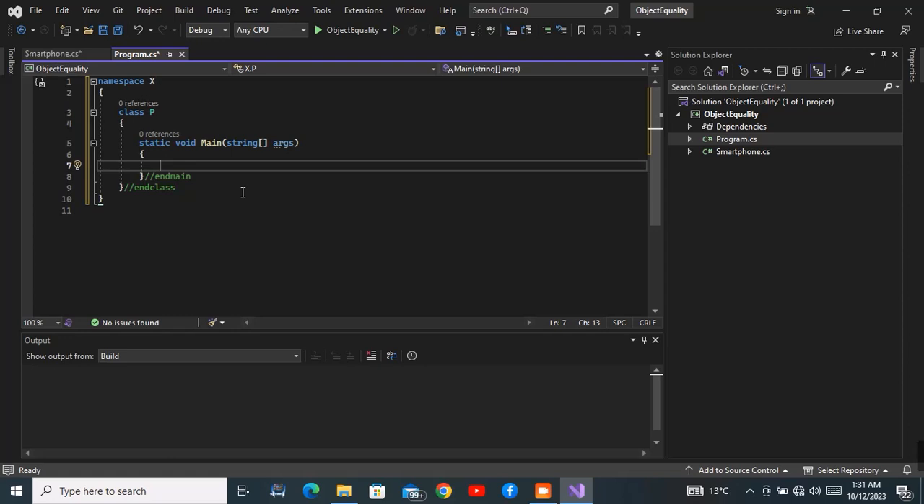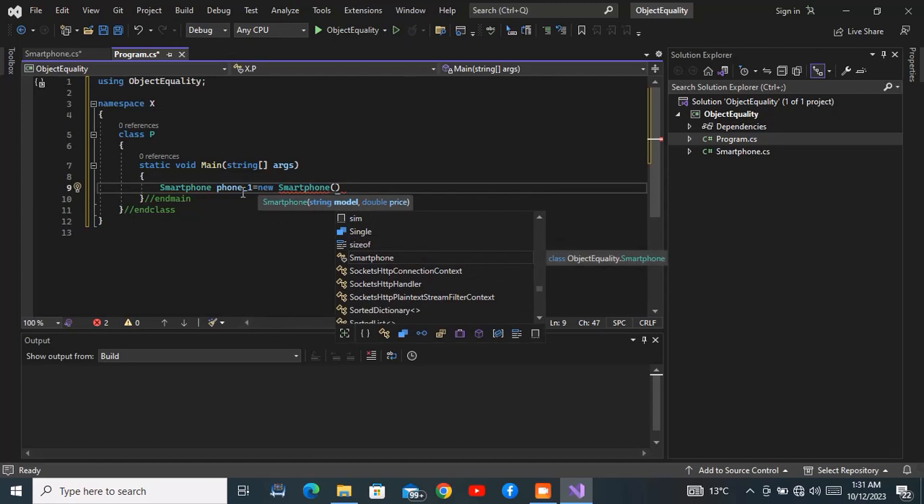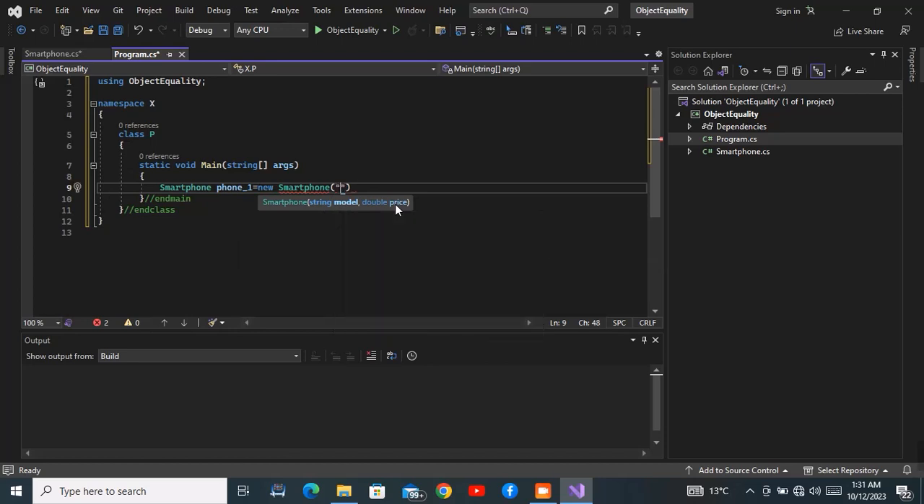So the first thing that we need to do is create an object of a Smartphone. So I will say Smartphone, and this will be phone_1 equals new Smartphone. Now the constructor of the Smartphone, I know that it accepts two things. It requires the model and the price. So let me just have Nokia C2, and the price is very cheap. This is a 500 rand